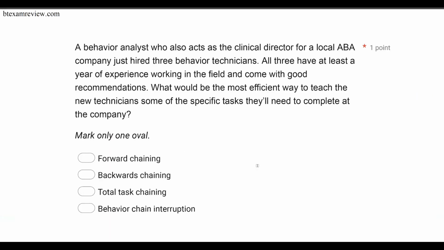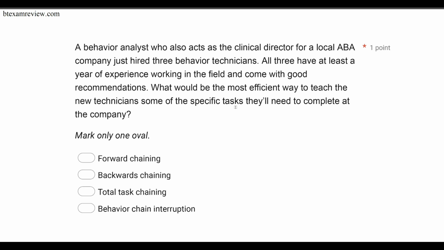A behavior analyst who also acts as the clinical director for a local ABA company just hired 3 behavior technicians. All 3 have at least a year of experience working in the field and come with good recommendations. What will be the most efficient way to teach the new technicians some of the specific tasks they'll need to